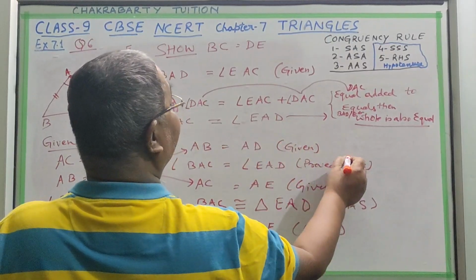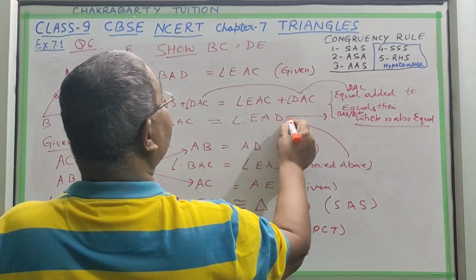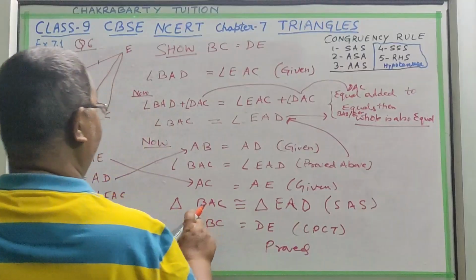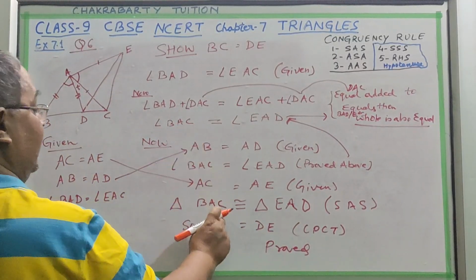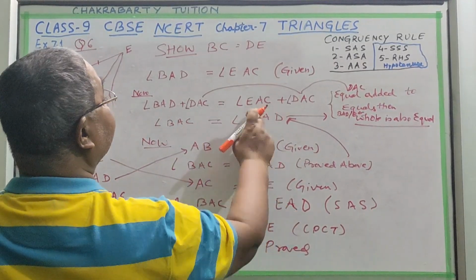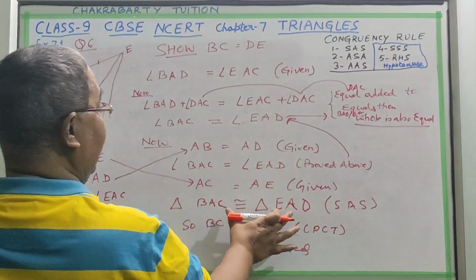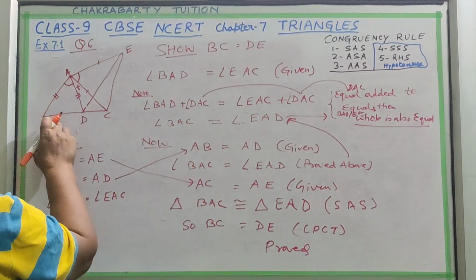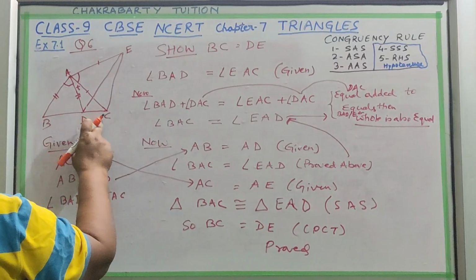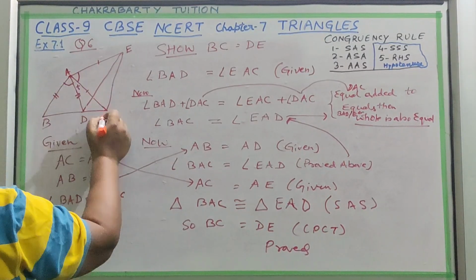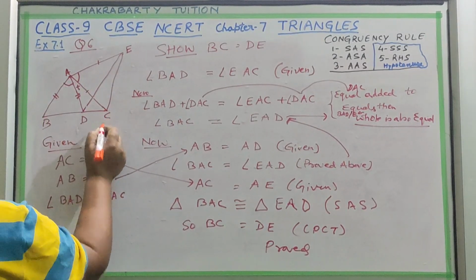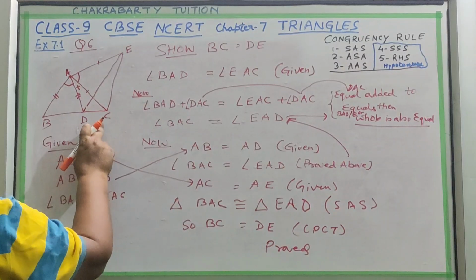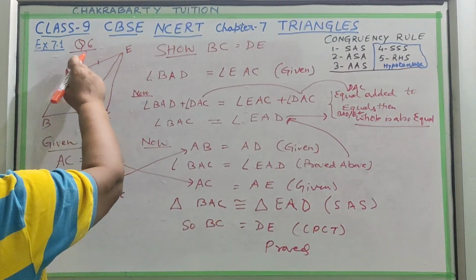So this is proved above. Proved above means you have already proved that triangle BAC will be congruent to triangle EAD. So when it is congruent, where is line BC? This line. We are talking about this triangle BAC. In BAC, BC is the line, and here in EAD,